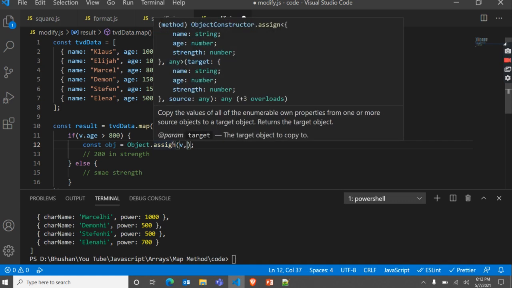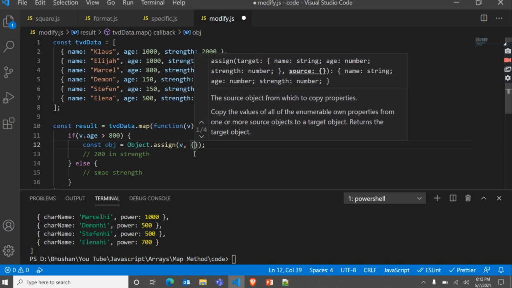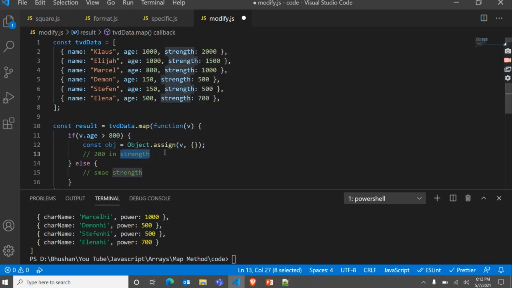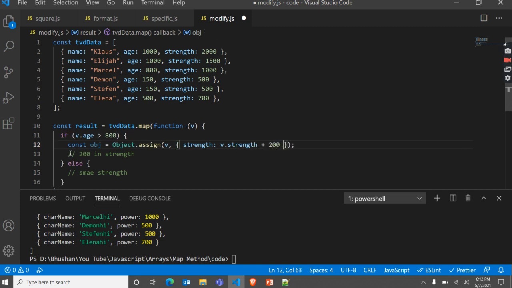You can see it accepts a target and a source. The target is this object v, and the source is what we have to override, the strength value. So let me add an object with strength, and the strength should be v.strength plus 200. Then we need to return this obj.